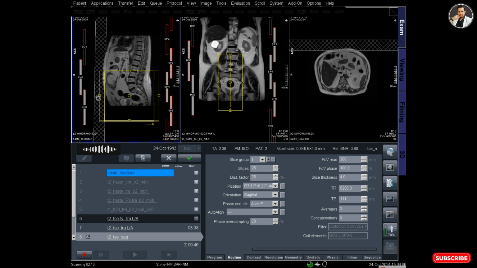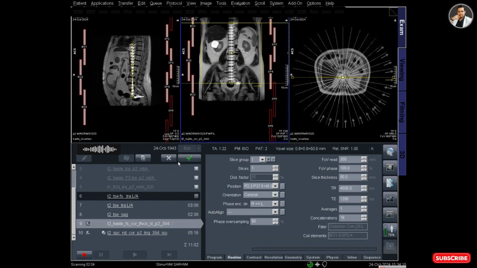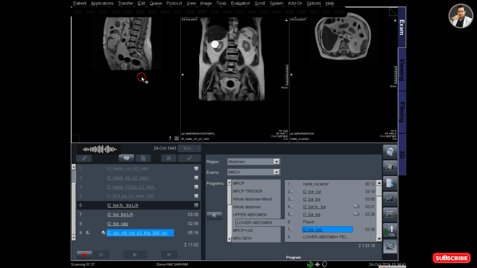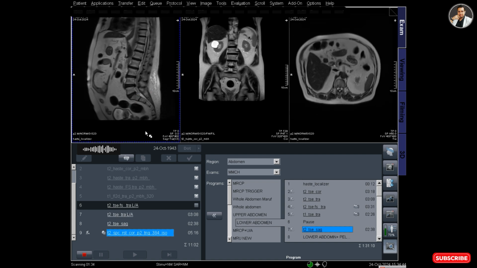We're also checking the sagittal localizer, that the saturation band is in the correct position, and then click apply. So now the T2 facet axial image sequence is running, and then T2 axial will start, and then T2 sagittal will start sequentially. And now T2 space coronal trigger, that is a 3D protocol,